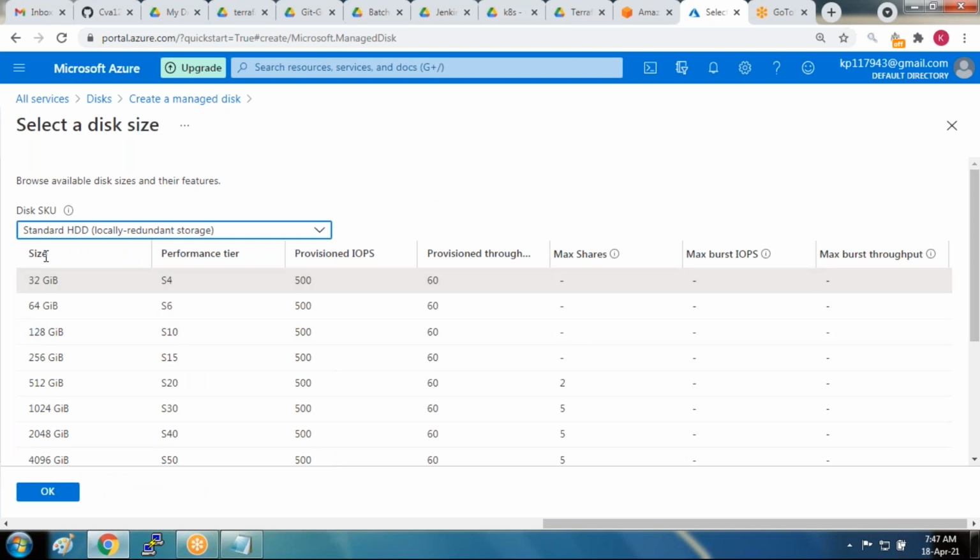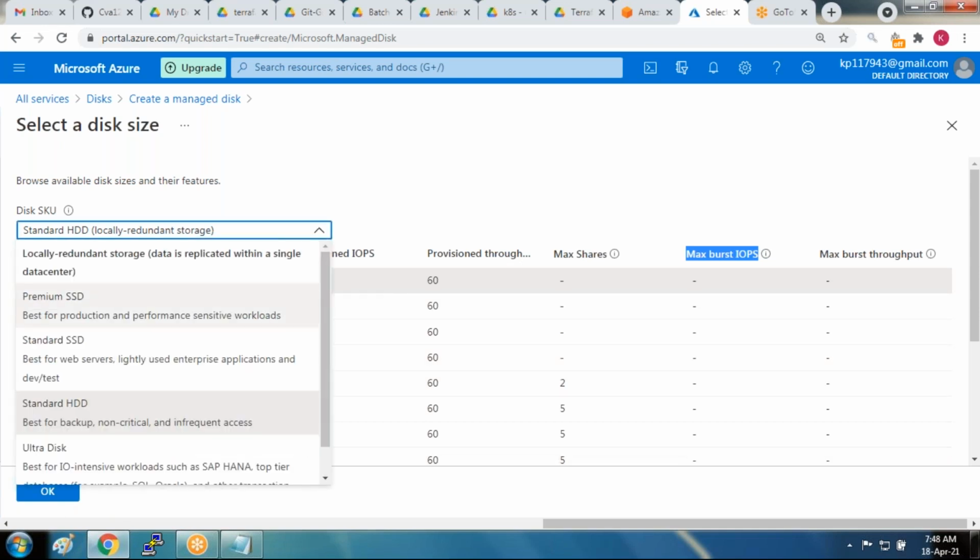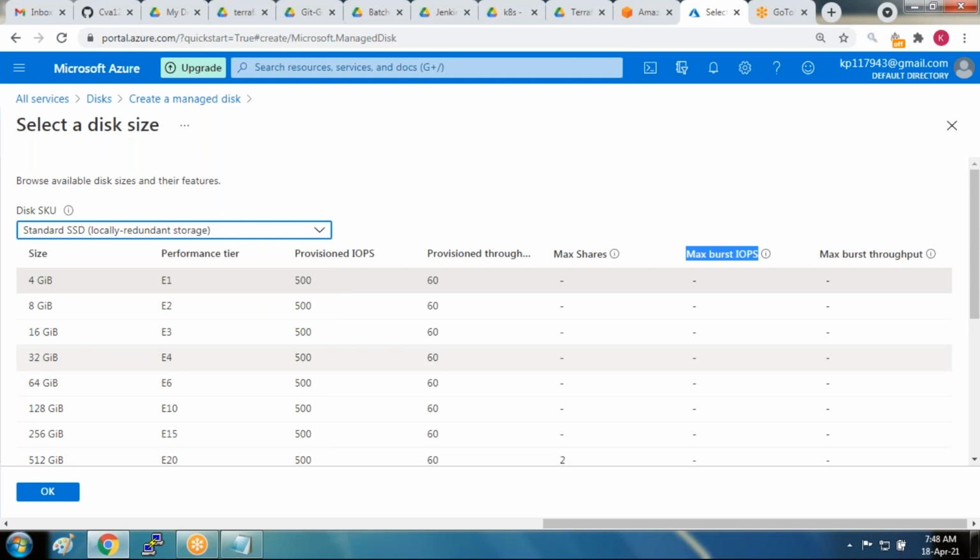Then the sizes, you see the sizes here. The sizes are actually limited, so we cannot customize them. That's a drawback. And you can see that for this standard SSD, there is maximum burst IOPS, maximum burst throughput, and maximum provisioned throughput. There is no value for this here, right? That is why it's for non-production purposes. If you go with standard SSD,